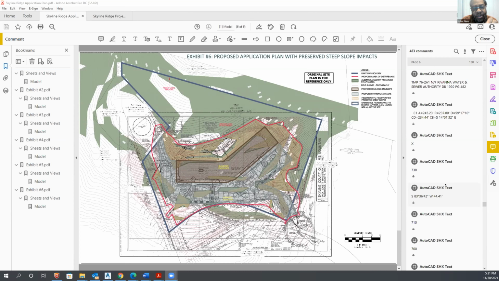So the slopes that you agreed to at that point, have you preserved them? Have you stayed within the confines of that map? And then let me answer the question I believe you're going to say yes to. And that's the land outside of the red lines there, the red boundary. Yes, sir. That's correct.